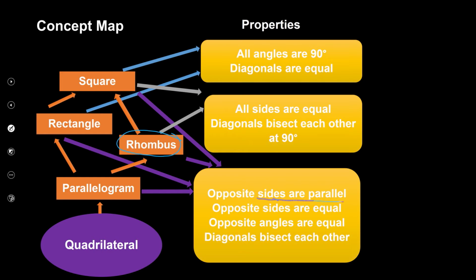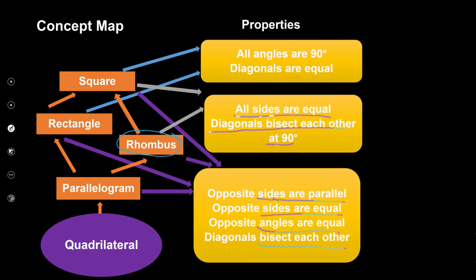It has opposite sides that are parallel. It has opposite sides that are equal. It has opposite angles that are equal. It also has diagonals that bisect each other. But what was very interesting about it was that all the sides were now equal, and the diagonals were bisecting each other at 90 degrees. So that's why it is overlapping, and not only do we consider it as a parallelogram, we make it a